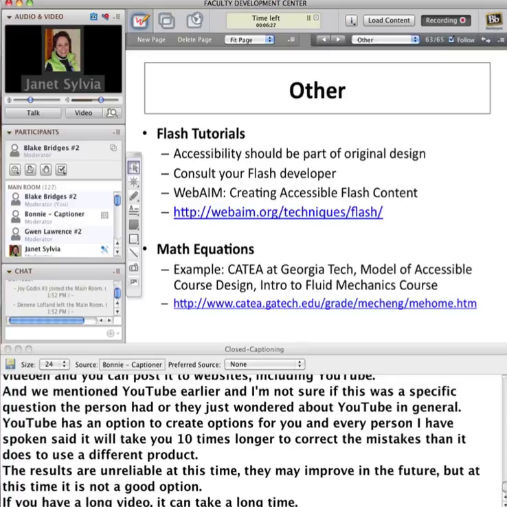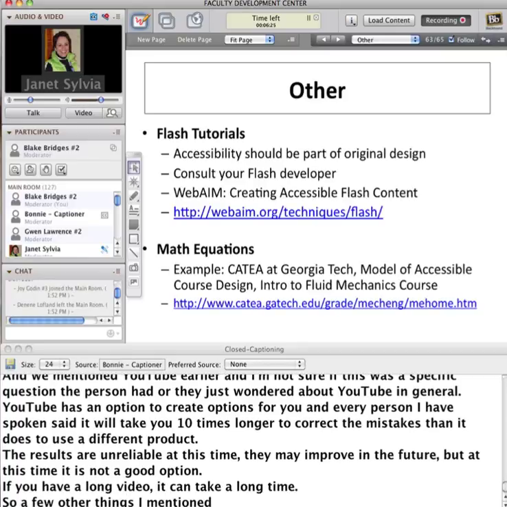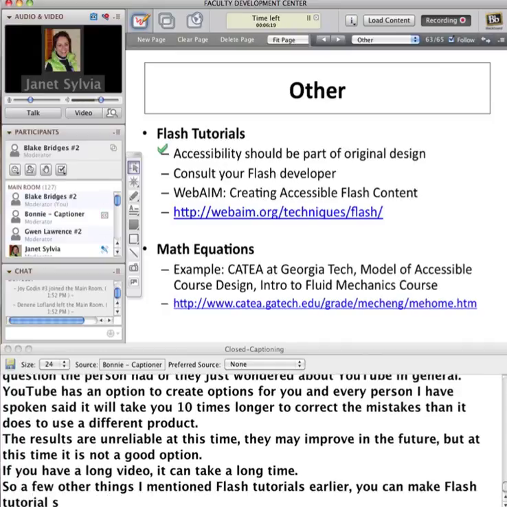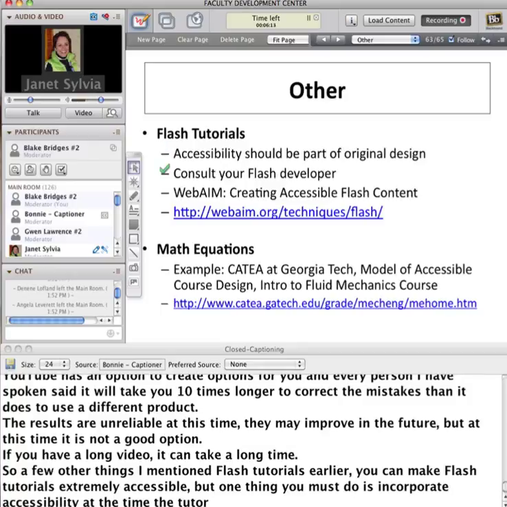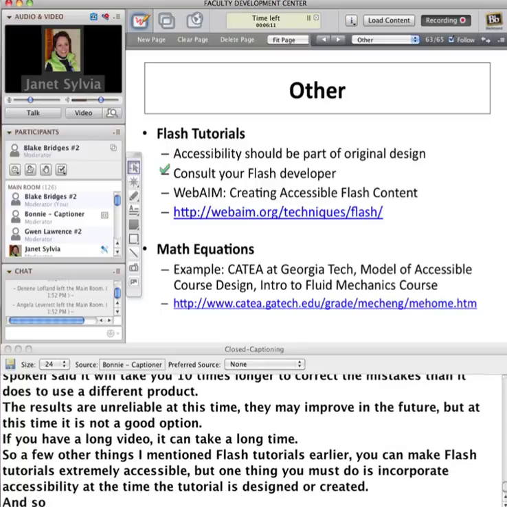So a few other things. I mentioned Flash tutorials earlier. You can make Flash tutorials extremely accessible, but one thing that you must do is incorporate accessibility at the time the tutorial is designed or created. And so I would recommend talking to someone who's a Flash developer, whoever is creating your content, and be sure,